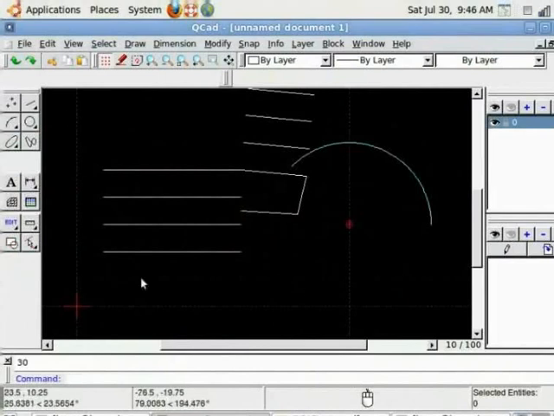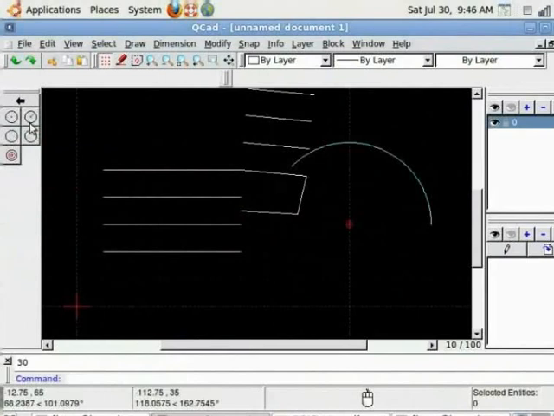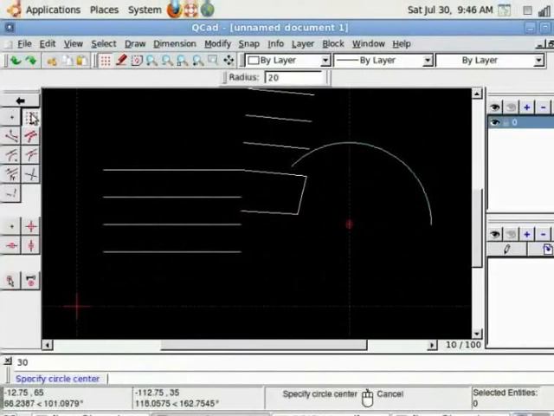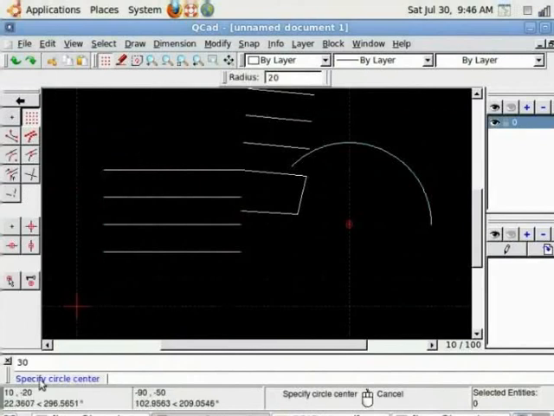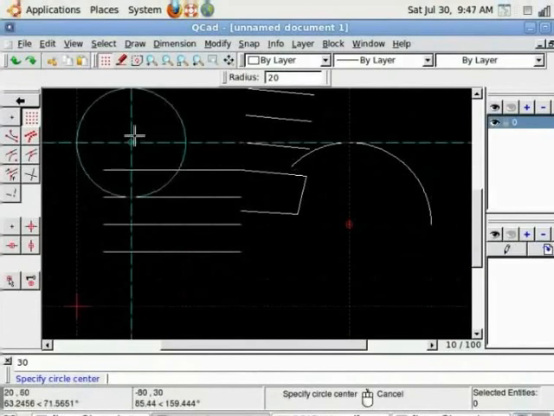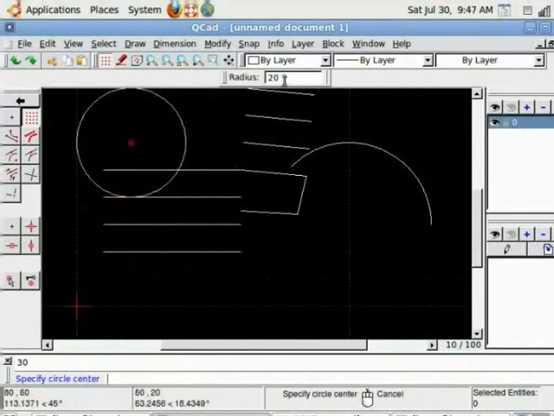Let's try and draw circle. Go to the circle icon from the toolbox, click on it. I am using circle with center and radius. Click again from the snapping option, choose snap to grid. Command line is asking specify circle center. Go on the grid and left click to specify the circle. Circle is drawn. Because it is drawn with the previously specified radius, if I want to change, I can change. Draw a new circle with a different radius.